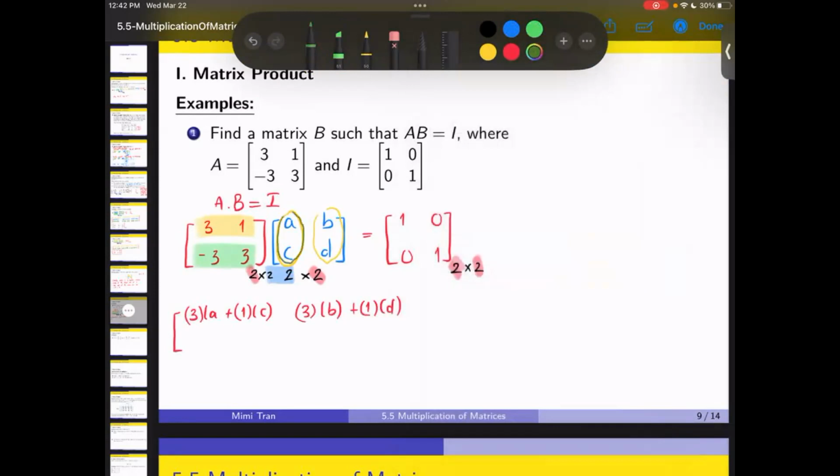Now second row, first column: negative 3 times A plus 3 times C. That's what I meant by having letters. Negative 3 times B